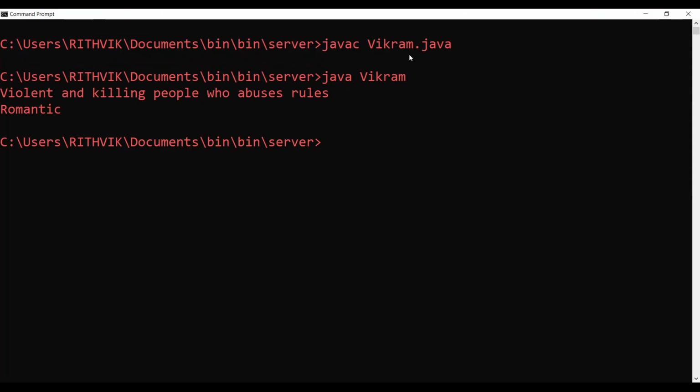So it overrides two methods, that is, the base class Rama's behavior is overridden with two methods. One is violent, killing people who abuse the rules. Another one is romantic. Likewise, we can display all the base classes with the help of the overridden class. So this is the major aspect of runtime polymorphism.